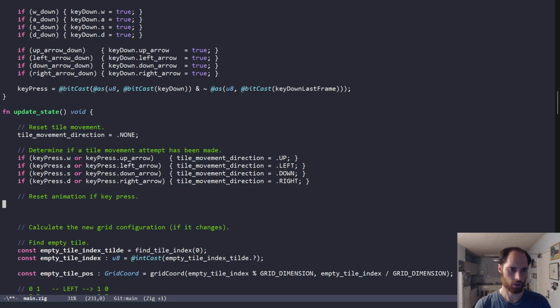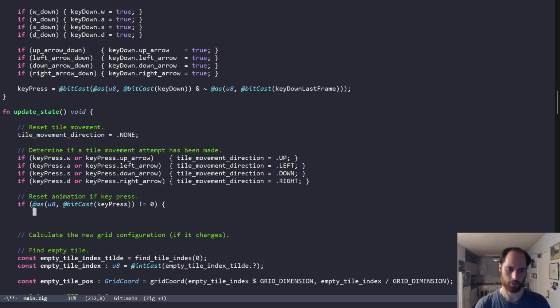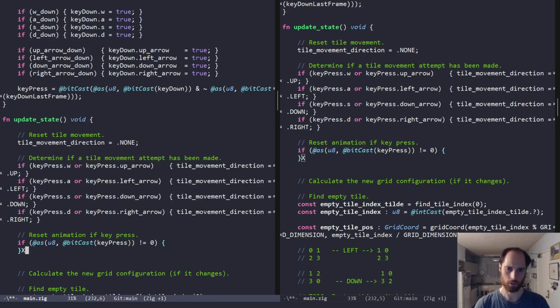We will do this up here. So let's bit cast the key press. So if the key has been pressed, then we do want to factor out